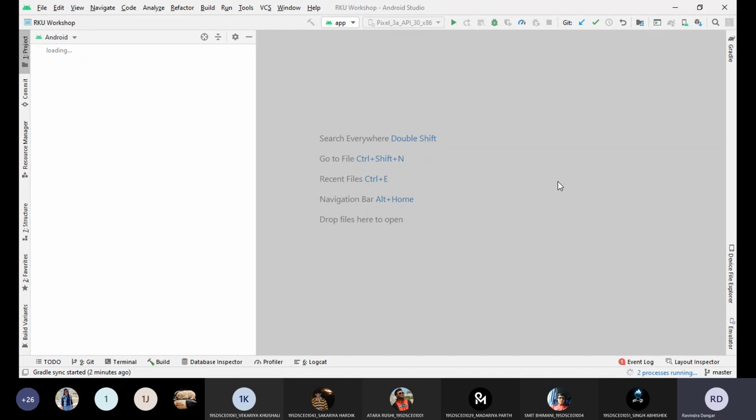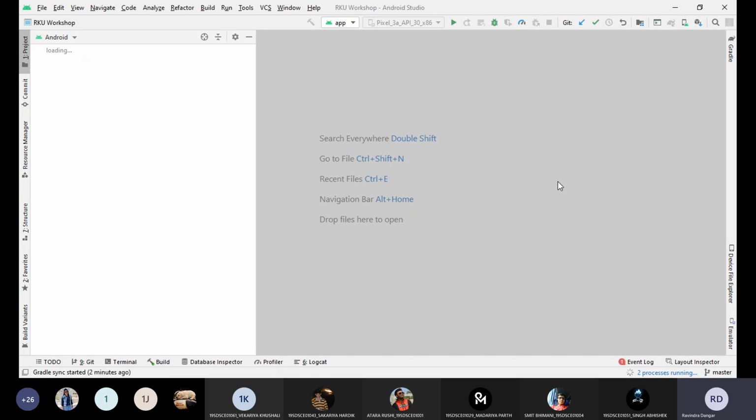If you have good internet speed and if your system is capable, you can download all the API levels, you can download all the plugins. I don't have any problem. But if your system is not up to the mark, and if you are running Android Studio with 4 GB of RAM, then surely you will have to download only the necessary packages so that it will not take much of the load and your system can work properly.